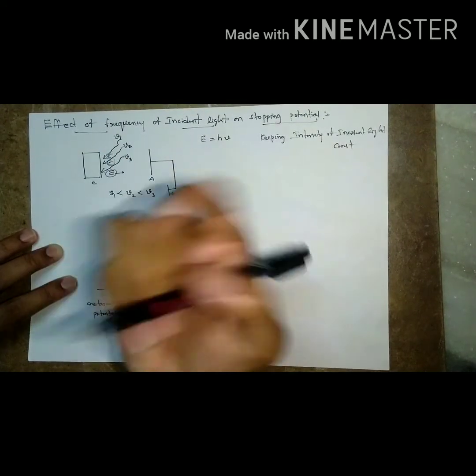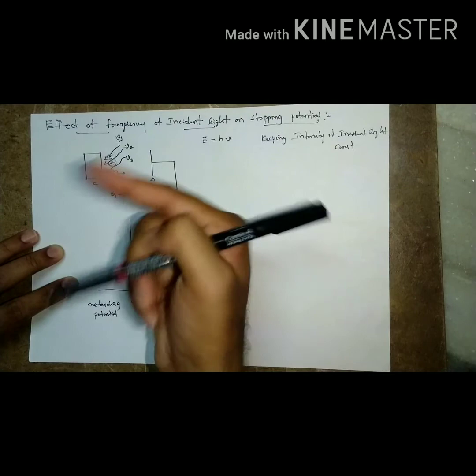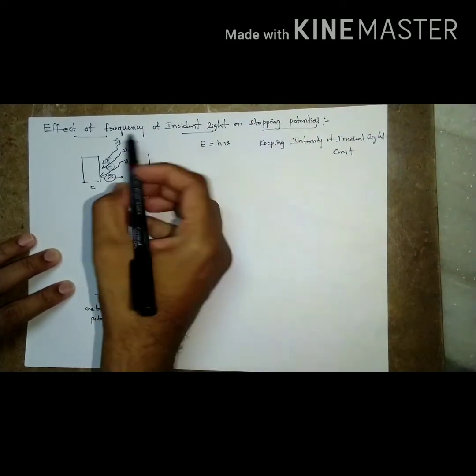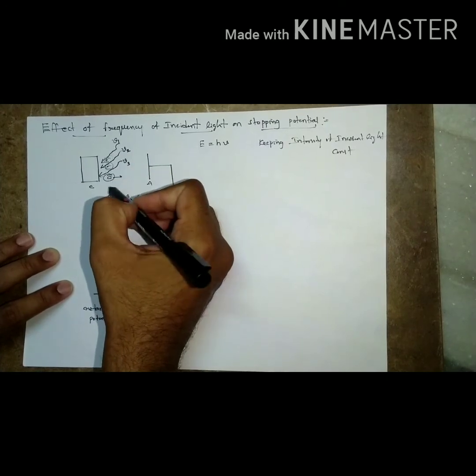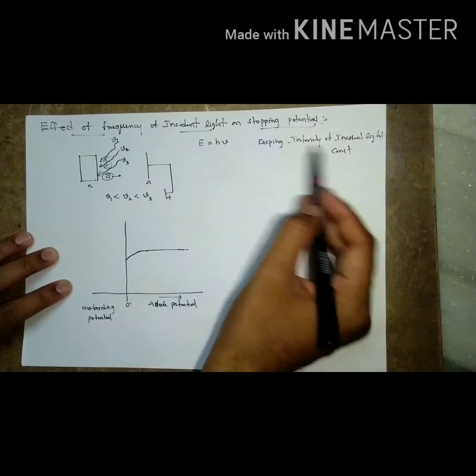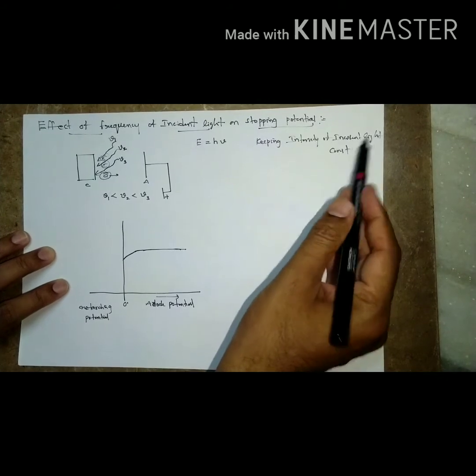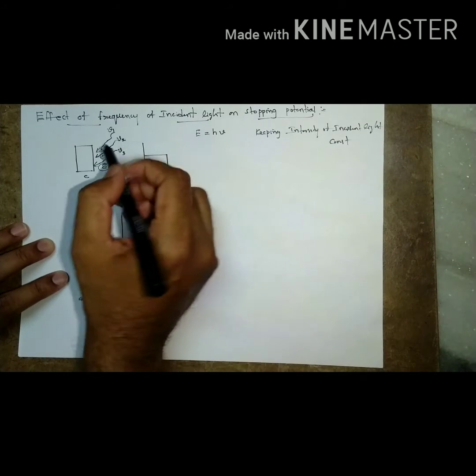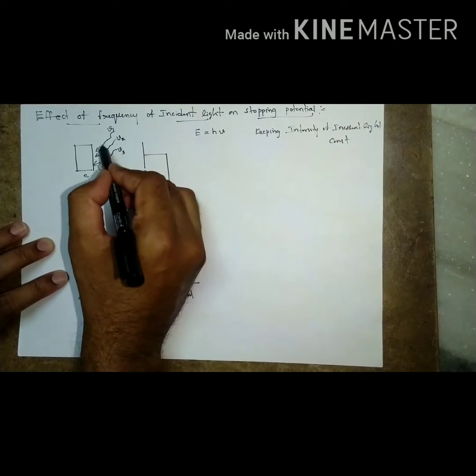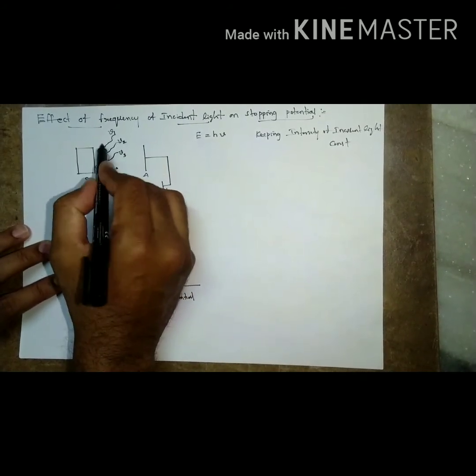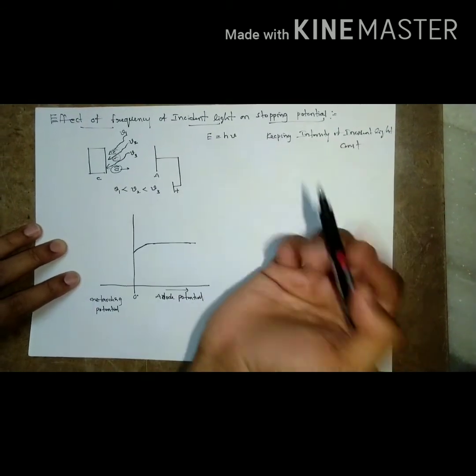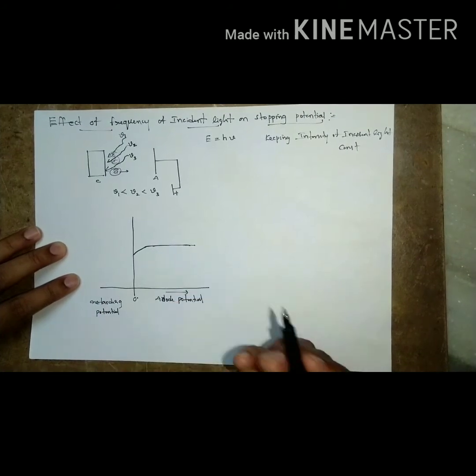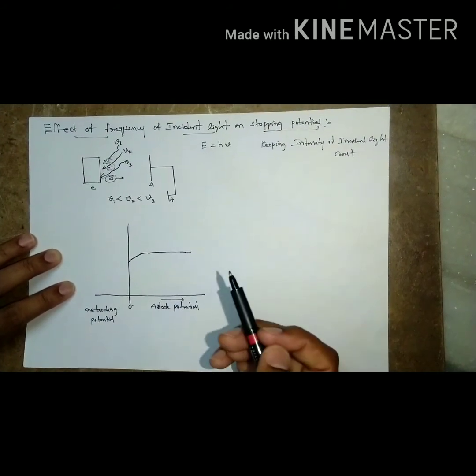It is very clear: as intensity increases, the number of ejected electrons also increases, and the number of ejected electrons decides the current. Here all 3 light rays have the same intensity, because it is clearly mentioned that the intensity of incident light is kept constant and only the frequencies change. Same number of ejected electrons means the same number reaching the anode. So that's why the saturation current is the same for the 3 light rays. But what about the stopping potential?